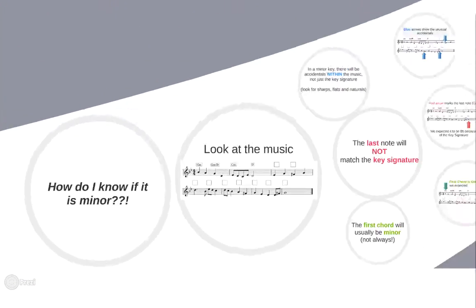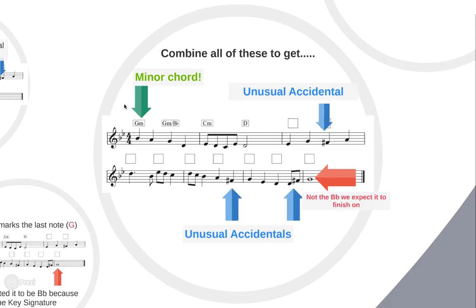Okay, so just a quick recap. How do I know if it's in a minor? Look at the music. We have a minor chord at the start, we have unusual accidentals, and we don't have the final note matching what we expect the key